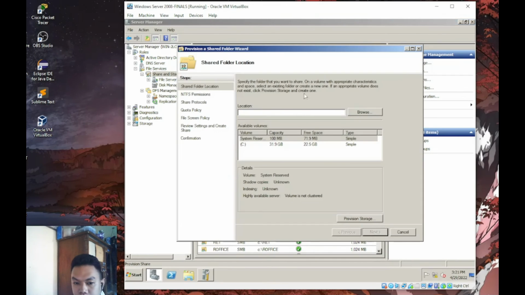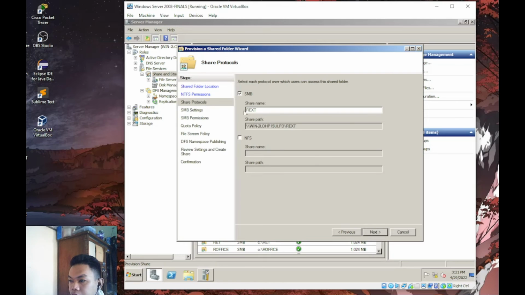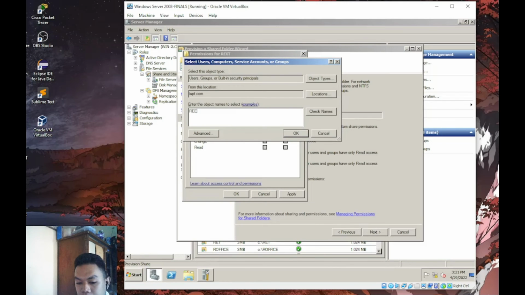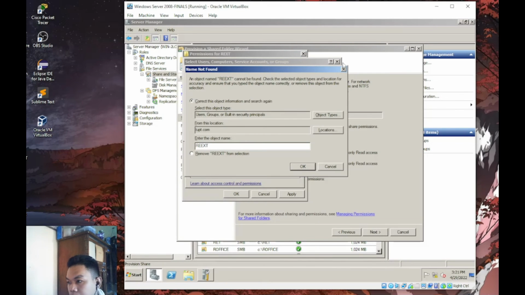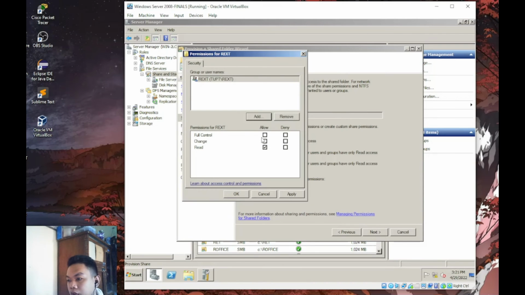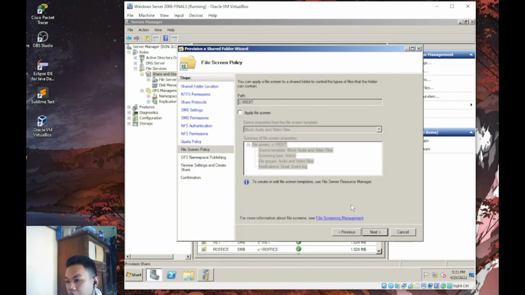Then next is the research and extension. So browse REXT, research and extension. Next, SMB, NFS. Then remove everyone, add REXT. And then read and write, apply. Okay. Next, apply quota, TUPT quota, which is 1 gig. Next,